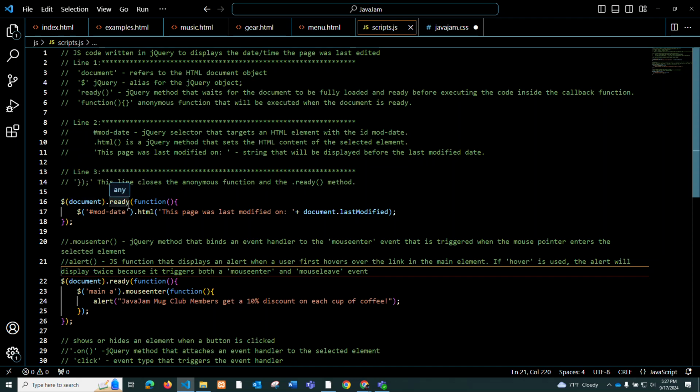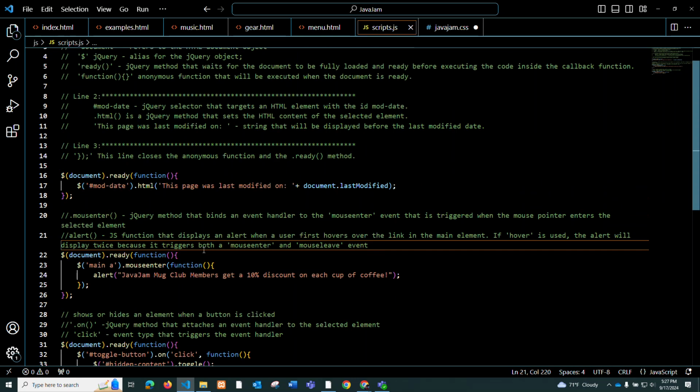And then we have the document, and then the .ready, this is the jQuery method that waits for the document to be fully loaded. So this function is not going to execute until the document is fully ready and loaded. That's common practice. You'll see this in each example that we have here. And then we have an anonymous function, right? It's just an anonymous function, meaning it doesn't have a name here, but this function is going to execute when the document is ready. And then the next line, in line 2, we see again the $, that's the alias for the jQuery,